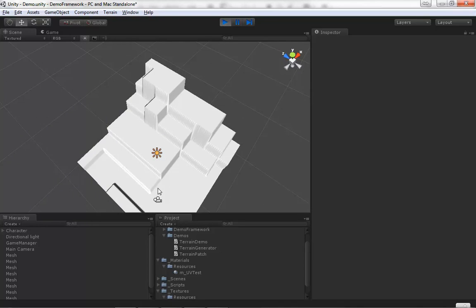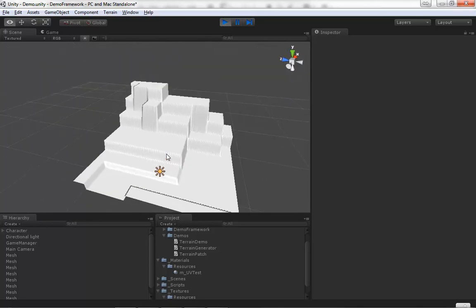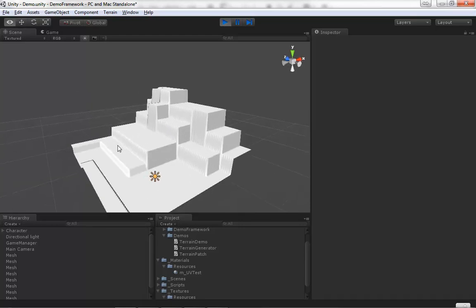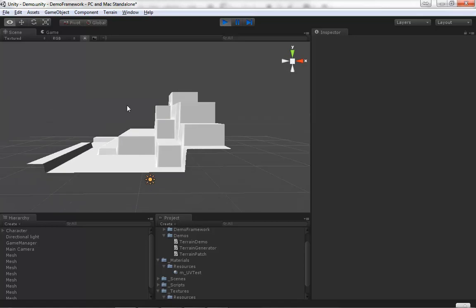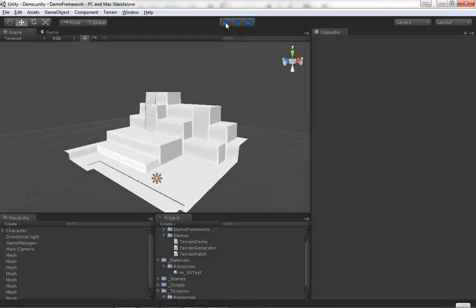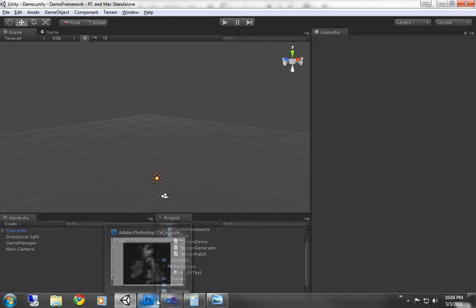Very interesting. But you're starting to see part of the problem. We're scaling up and we get this very blocky stair step look, which isn't very desirable. Also, it's kind of noisy. So what we want to do is adjust our base map. And if we go into Photoshop,